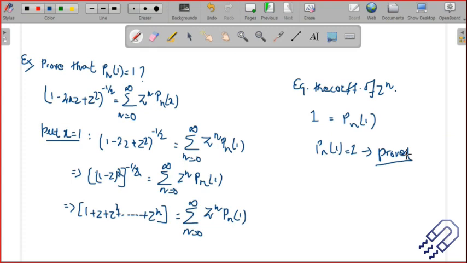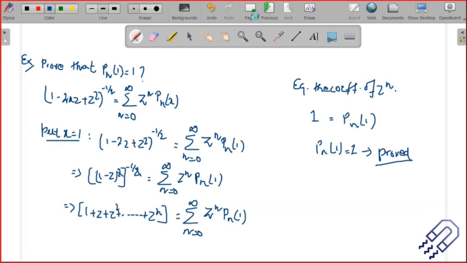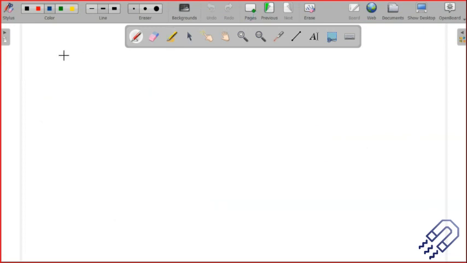We are not yet over with Legendre Polynomial. Let me see if I get one short problem which I can solve at least for today's class. Okay, yeah, I have one. Let me just solve one more problem here, because it's better to complete as much as possible. Okay, let's take one more sum. Here also we are going to adjust the coefficients. Prove that